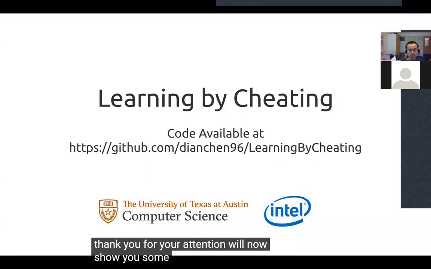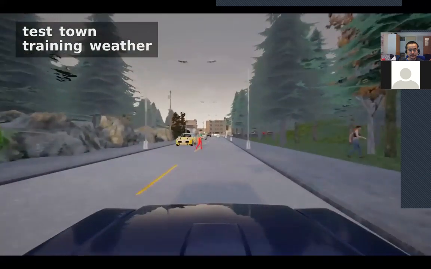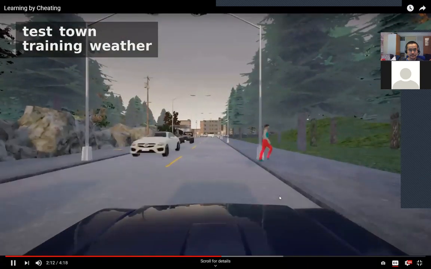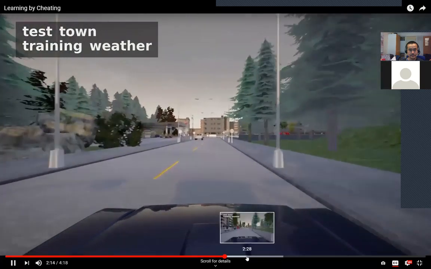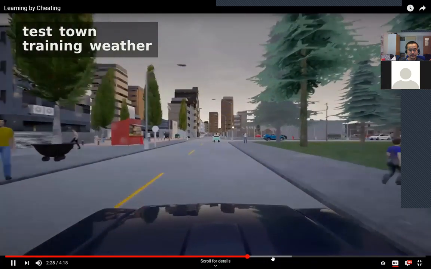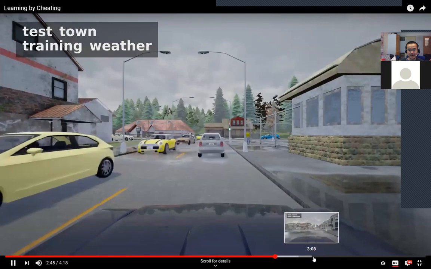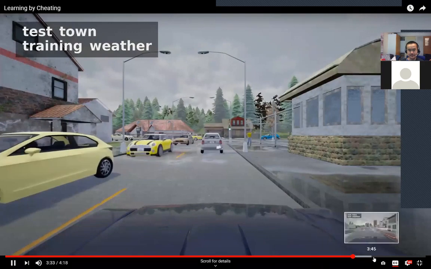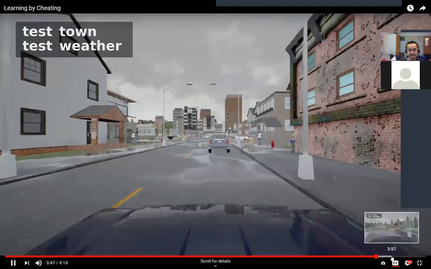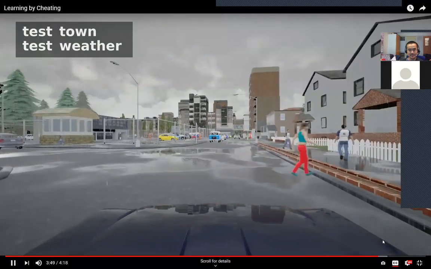We'll now show you some examples of our agent driving in an unseen test town. So it just shows that it drives pretty well. In rain,